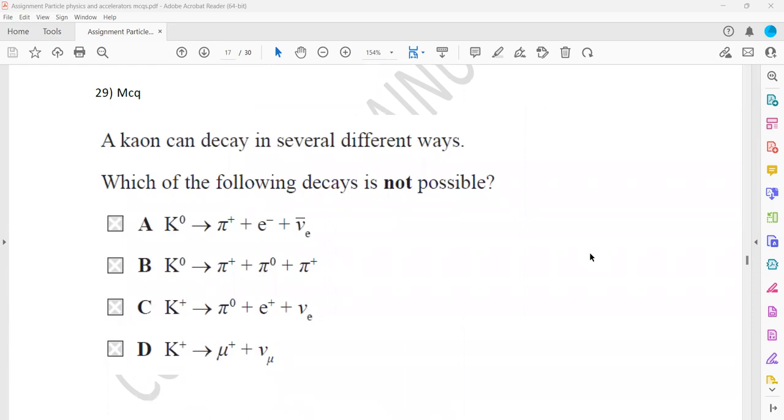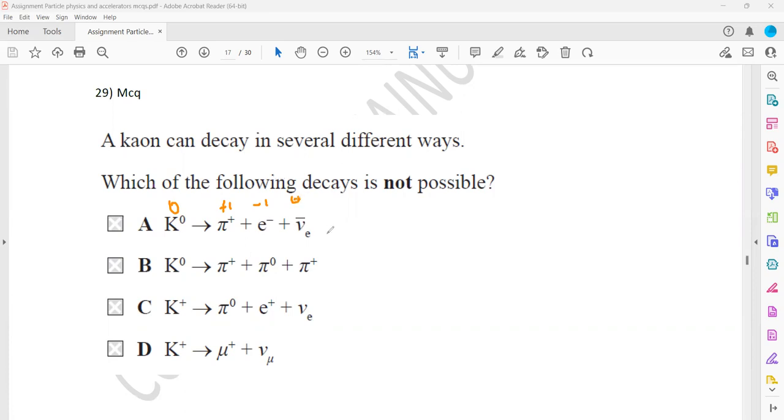Question 29: a kaon can decay in several ways. Which of the following decays is not possible? Basically we have to check the conservation of charge, lepton number and baryon number. The best thing is to start with the conservation of charge. On the left hand side this is neutral, then plus 1, minus 1, and the electron neutrino or anti-electron neutrino